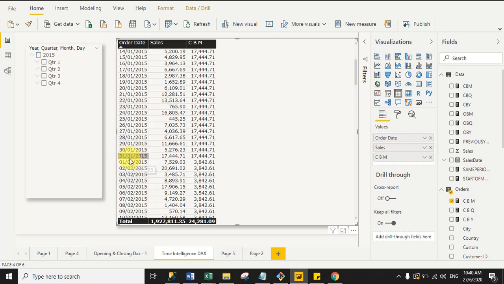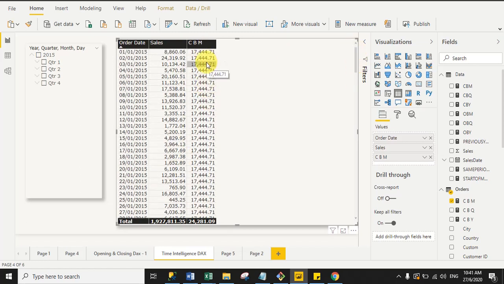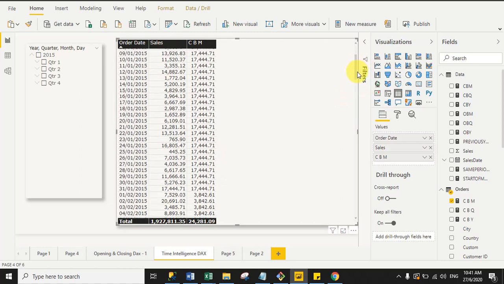And for 13 January 2015, the sales value is 17,444.71. So that's why it is returning this sale, right? And you can see here against each day in January, it is returning the same. The reason is that in January, the last day of sale is 31 January and the value is 17,444.71. So that's why it is returning the same sales value against the whole January month, right?